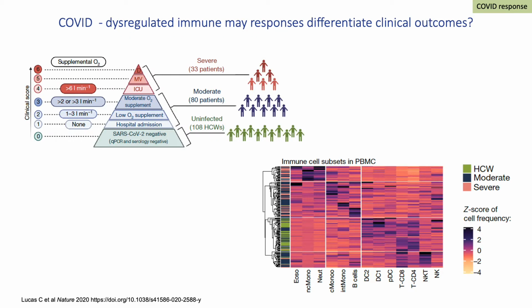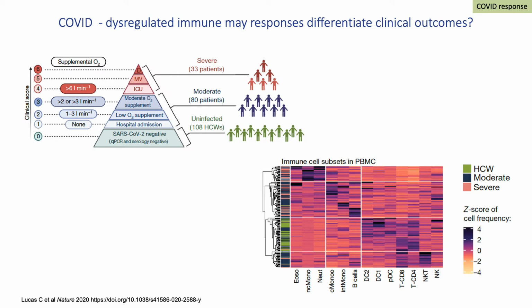Let me turn now to a more recent study, in fact published just 2 weeks ago in the journal Nature, this arising from a very fascinating approach taken in Yale University, in which a number of patients, 33 with severe disease, 80 with moderate disease, as compared with 108 healthcare workers, donated blood and plasma for the measurement of cells and cytokines. You see in this slide in the bottom right-hand corner a heat map that depicts the level of